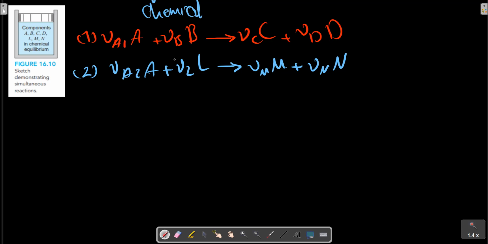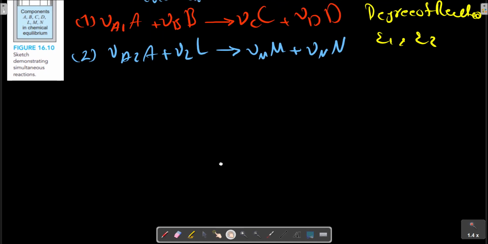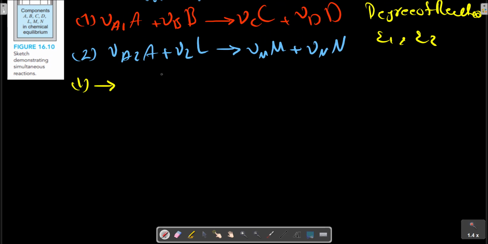This results in a decrease in the number of moles of A, B, and L, and an increase in the number of moles of C, D, and M. Letting the degrees of reaction be epsilon 1 and epsilon 2 for reactions 1 and 2, we can now write the change in moles for A, dn_A equals minus ν_A1 d epsilon 1, minus ν_A2 d epsilon 2,